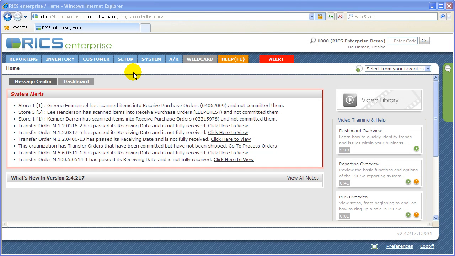This next video we're going to talk about how to manage customers on the back end. How you can add a customer, edit a customer, or delete a customer through the back end of Enterprise. At the top right hand corner we're going to be at the top level organization. And from the home page we're going to click on Customer,